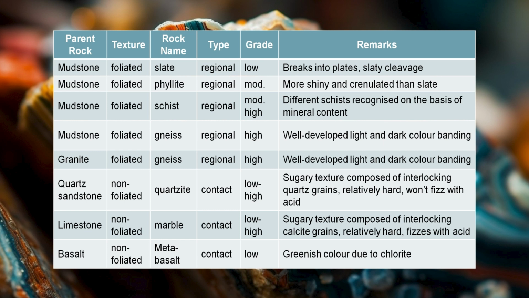Then if I have a granite, this will also result in a foliated metamorphic rock which we can call a gneiss. It is a regional metamorphic rock of high grade. It can also develop light and dark colored bandings. Quartz sandstones can result in the formation of quartzite,